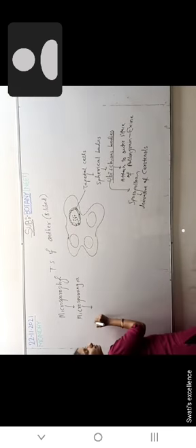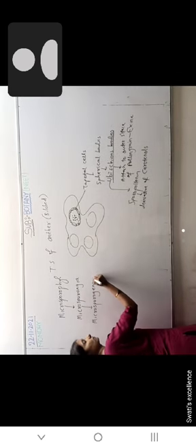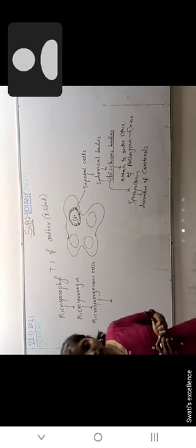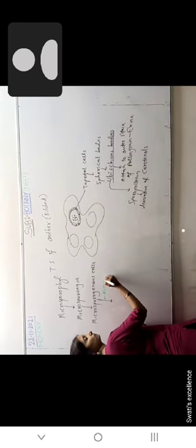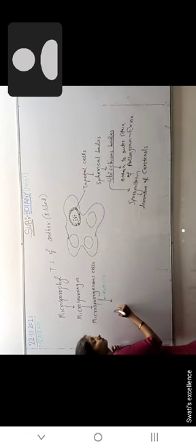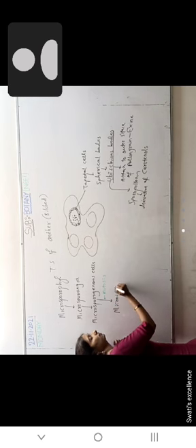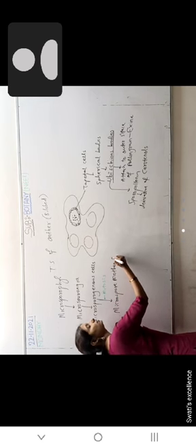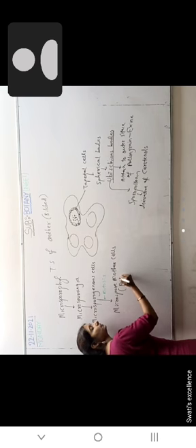This microsporangia has special cells inside, that is microsporogenous cells, which undergo the process of mitosis to produce directly microspore mother cells, which are also called PMCs, pollen mother cells.